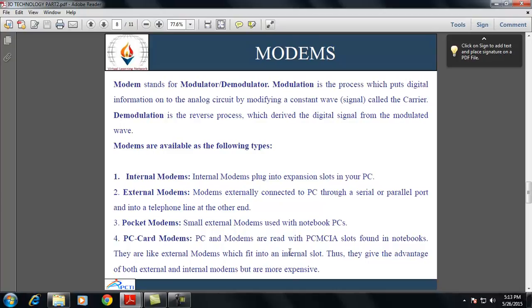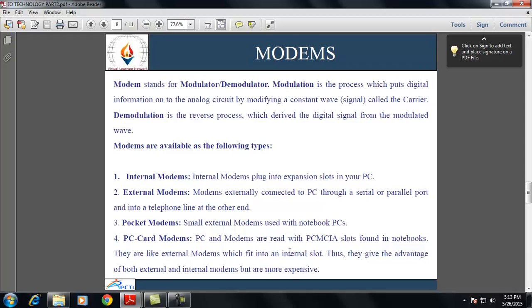Modems are available as the following types. Internal modems plug into expansion slots in the PC. External modems are externally connected to the PC through a serial or parallel port, and to a telephone line at the other end.